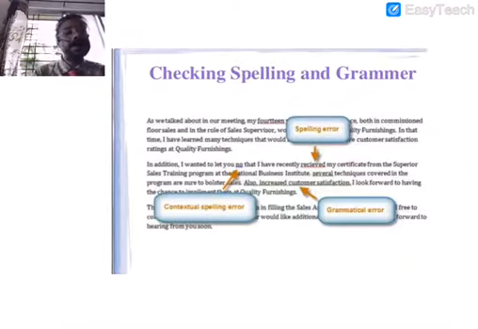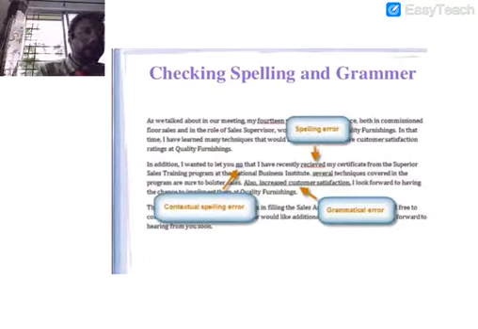Now, what is grammatical error? Grammatical error is the mistake that we normally do in grammar. Like see this line, also increase customer satisfaction. Also should not be used. Whenever we have the word increased, we have with before it, okay? So, in this way, we can see that while typing, we can make the following mistakes.